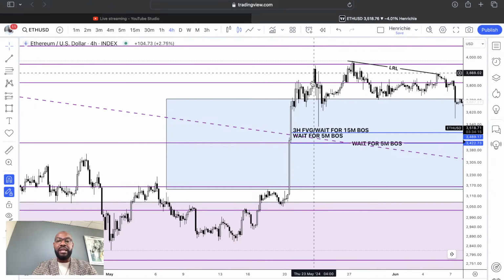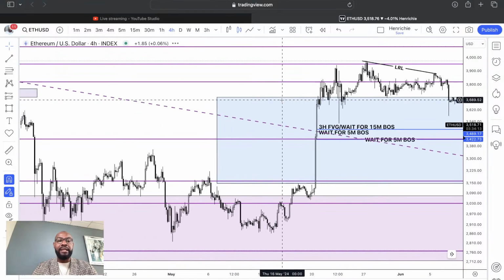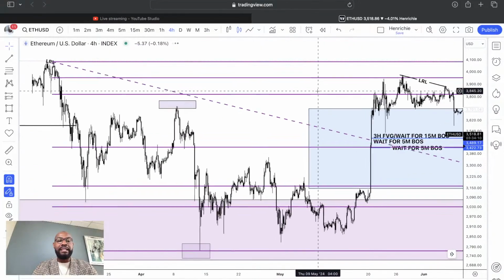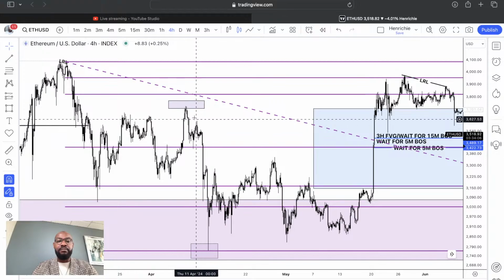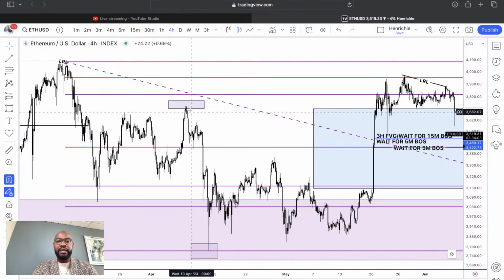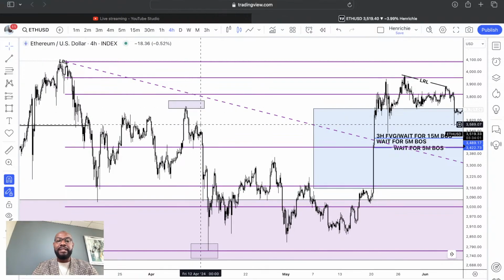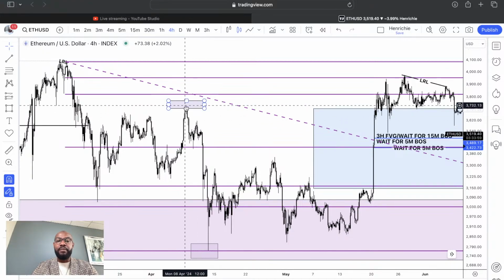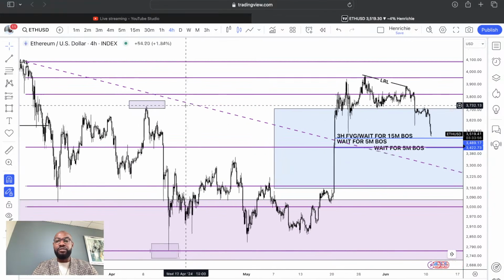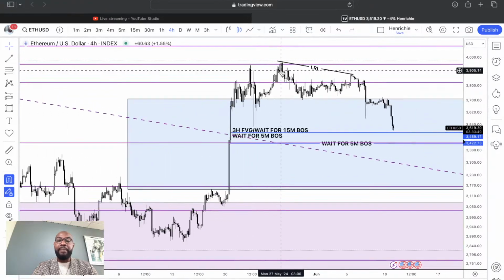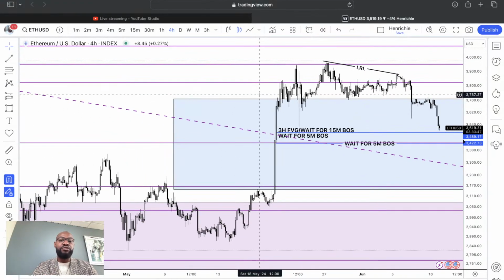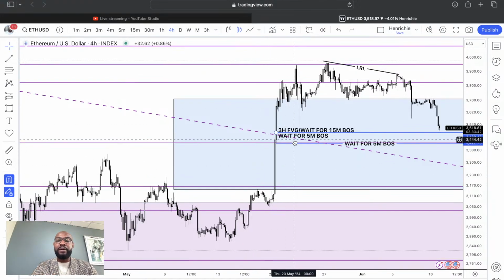So price just took me out, and I was out, and I was just waiting. And the reason why I got out from that key level was because we have this low resistance liquidity resting right here. So that was the reason why this key level was my take profit position. So the moment price hits here, I just got out. It just took me out because I knew there's still going to be some level of retracement before another impulse move. So I just took what I made on that one. That was 25%. First entry delivered 10%. Second entry delivered 15%.